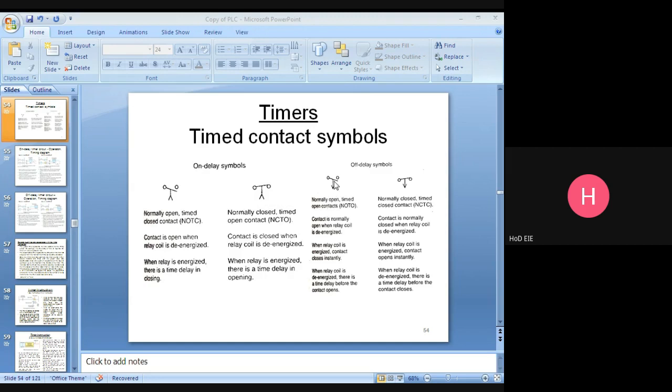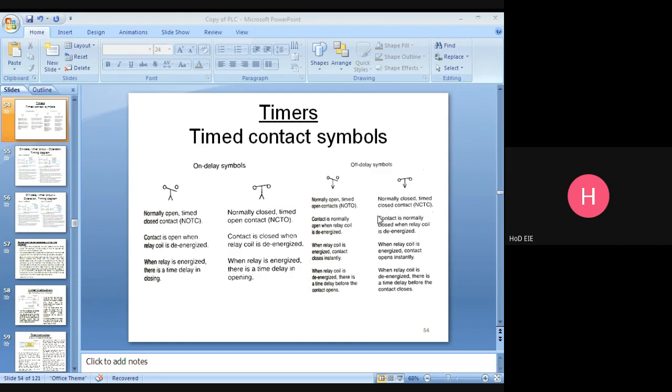This one is normally closed, timed closed contact. Here opposite action: open, closed, closed, open. Here off delay symbols: open, open, closed, closed.